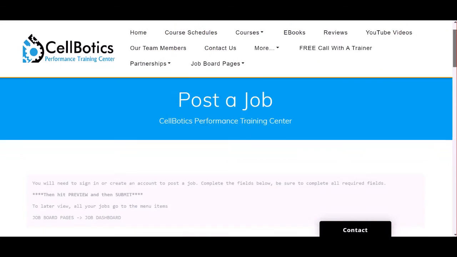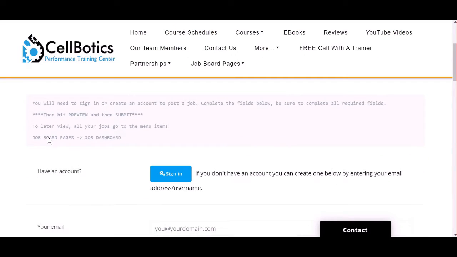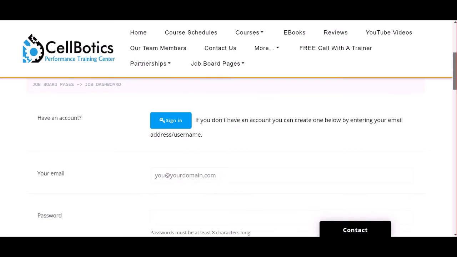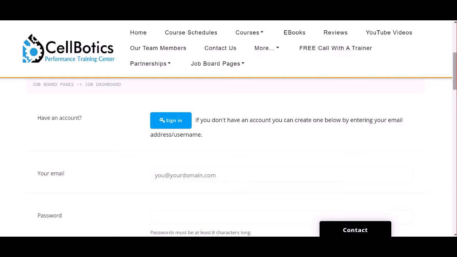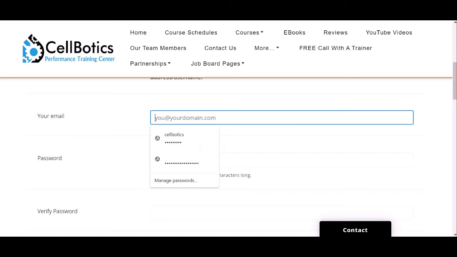Scroll down here and you've got some instructions. You'll need to sign in or create an account, and then hit preview and then submit after filling out all the fields. Okay, so here you can hit sign in if you already have an account, and it would go to this screen, but we're going to go ahead and create one just so I can show you what it looks like. Okay, so my email,